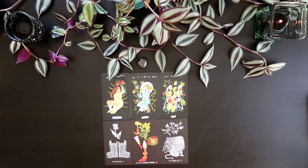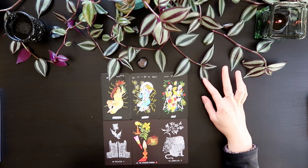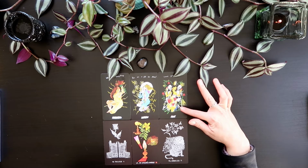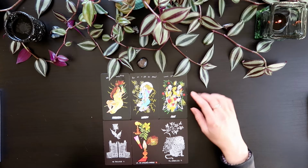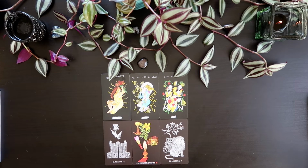So definitely take your time. You're not in a huge rush or anything. I think if you were just to try to purge everything, that would be really overwhelming. But there is a lot of work to be done here. I think you probably know that, even if you don't always have words for it. I'm just noticing too that you have 2 cards with lightning here, which is really interesting. So yeah, there's a lot of energy. At first I was thinking more like depression due to having low self-worth or something like that, but maybe it's mostly an anxiety, social anxiety, agoraphobia, or just any kind of